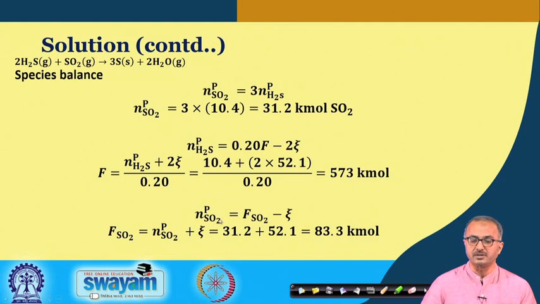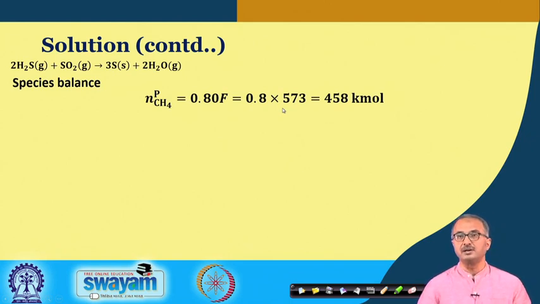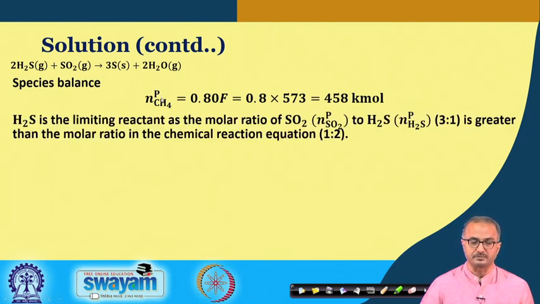So, we find this particular thing as NpSO2 equal to FSO2 minus zeta from the definition of this zeta, and we find this is the amount of SO2 in the feed stream. Similarly, we apply it for the methane and we see this is the amount of methane, and please see that it is coming unreacted. Whatever methane is going into the system is also coming out of the reactor. So, we find the amount of methane in the product and the feed stream are the same.